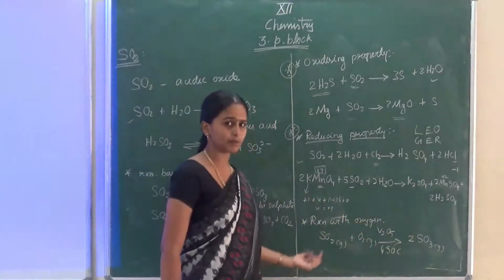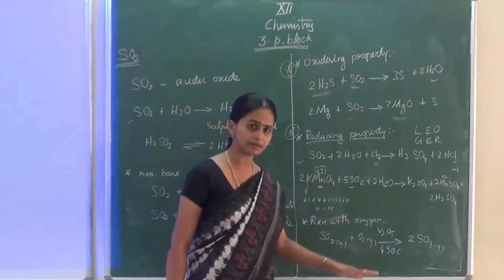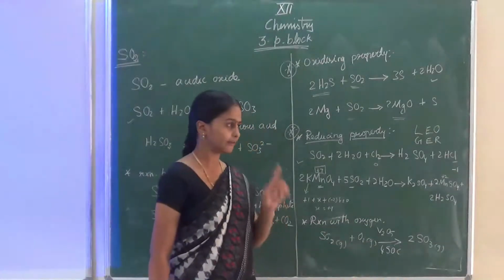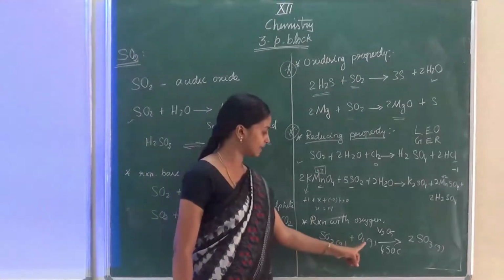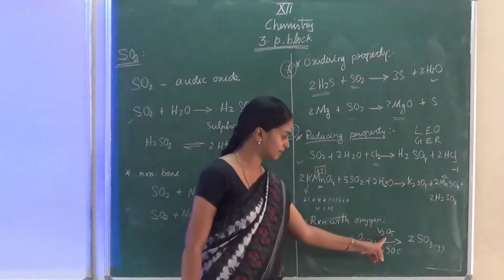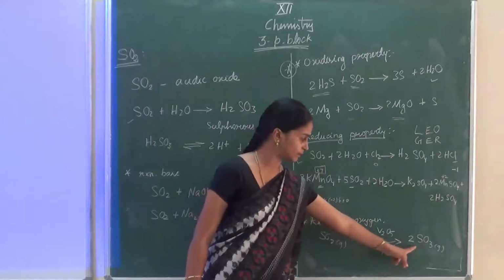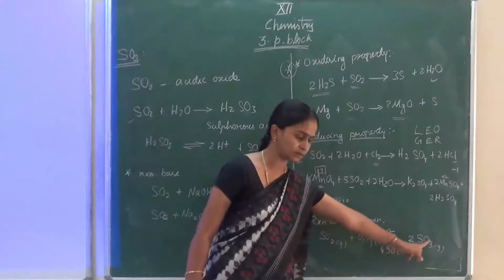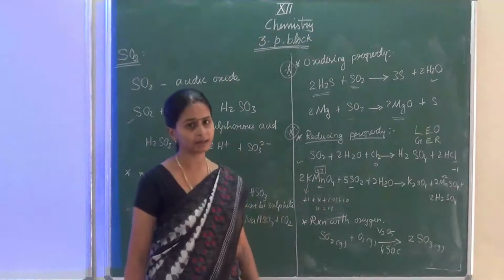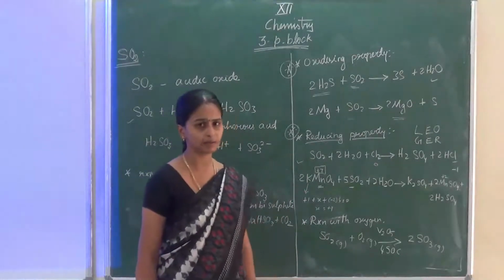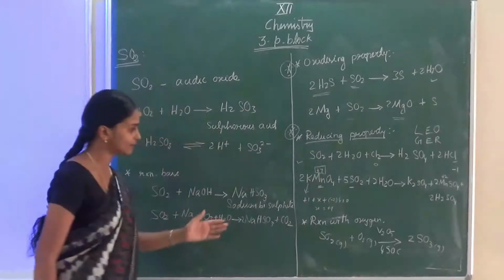Okay, the next topic is sulfuric acid topic. We are going to see how we can prepare the sulfuric acid. Here the first step is the same reaction. Okay, sulfur dioxide when reacts with oxygen in the presence of vanadium produces SO3. Using this SO3 only, we are going to prepare sulfuric acid by contact process. Okay. So just go through all these reactions.